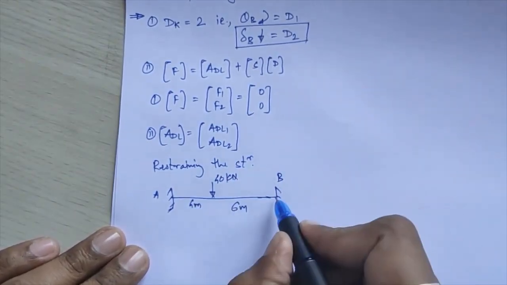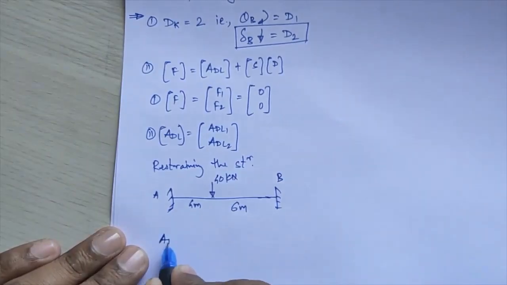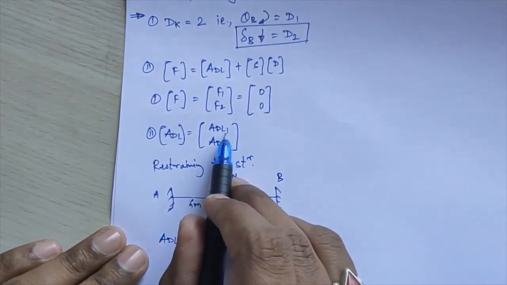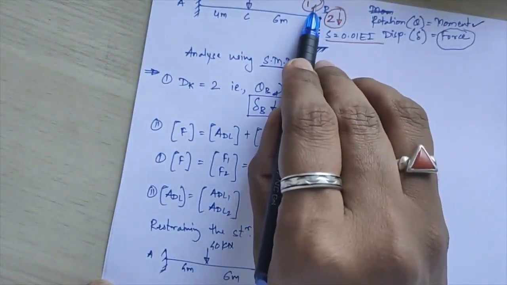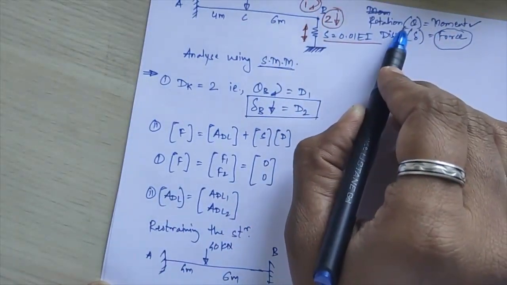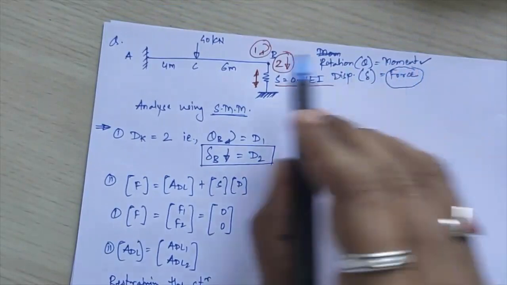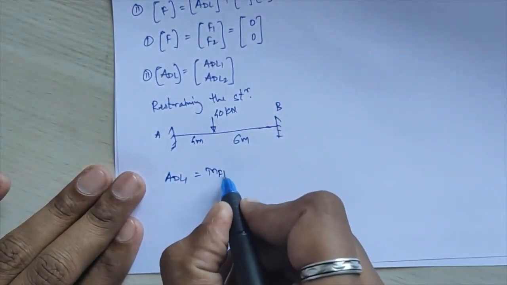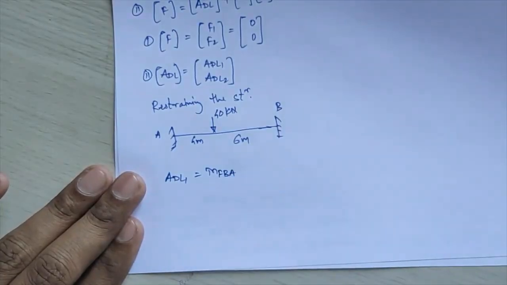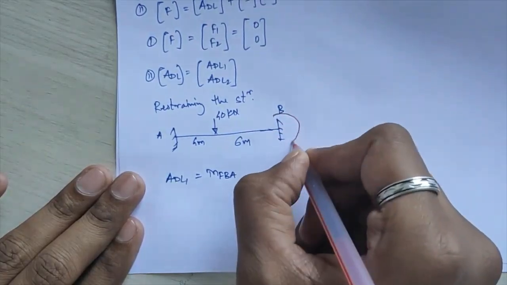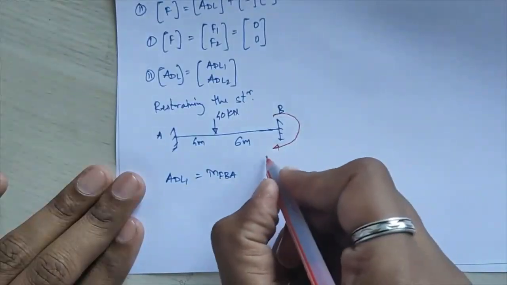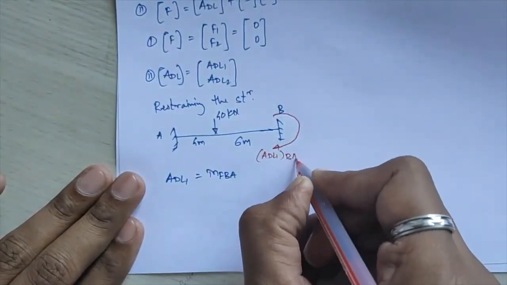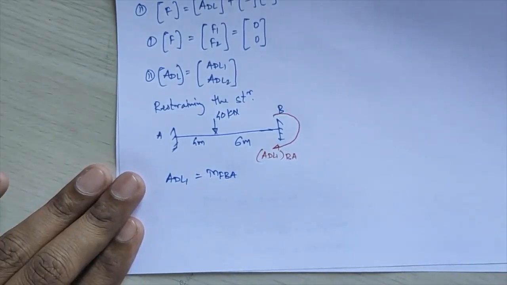Okay, so here your ADL1 value will be what? That will be equal to your selected friction moment at your first coordinate. So first coordinate is for rotation over here, so you have to check whether the moment is acting, and that moment will be equal to MFBA. So here if I mark my first ADL1, that will be for BA member. Okay, and same way